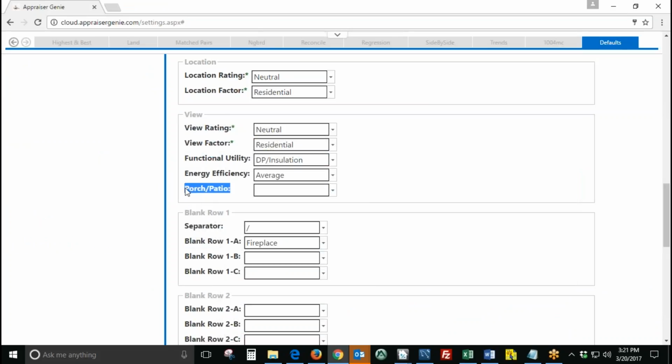Same thing with porch and patio. If you do put something in this box, that's going to export to the report. Most MLSs don't actually clarify if it has a porch or patio, or if it's a covered porch, covered patio, whatever the case is. You can just leave this box blank, and then once you get back in the report, you can enter your own porch and patio info,